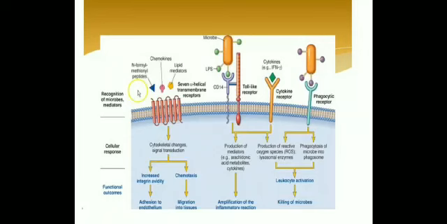And the phagocytic receptor would lead to phagocytosis of the microbe into the phagosome, as I've already told you. So phagosome plus lysosome, their fusion. Okay, fine. What would happen? Leukocyte activation would be there, and at the end you can see finally killing of the microbe would be there.